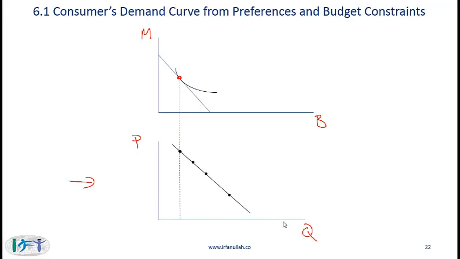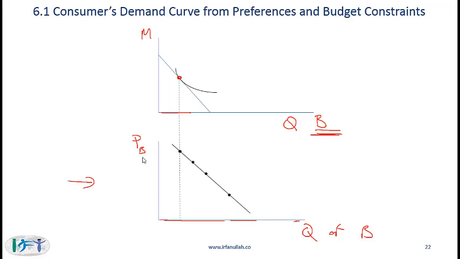Let's say that we want to derive the demand curve for bread. So we have quantity of bread on the x-axis. That means that this axis and this axis are the same. So in both cases we are talking about the quantity of bread. But notice that in the two graphs the y-axis is different. Here we have the quantity of milk, and here the y-axis is the price of bread. We are going to derive the demand curve, which is going to show the impact on quantity of bread when